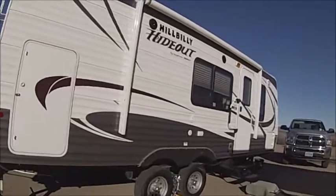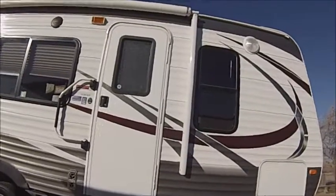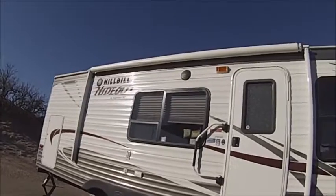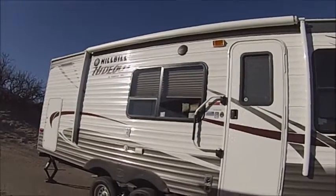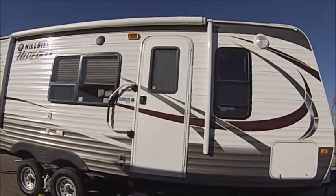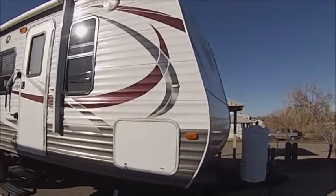The other thing too is that some of these smaller trailers, like the ones that are considered lightweight, that was one of the other things that we took into consideration. But when you buy the light version, the holding tanks aren't as big either. So we had to take that into consideration as well. We wanted something that had a fairly good size freshwater tank and black water and gray water, because if you're out in the Forest Service campground, you don't want to fill everything up on the first day. But we just chose this for the simplicity of it,